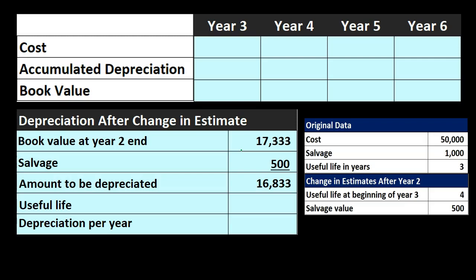16,833. Useful life, we're going to say, is 4 years now. So it's 4 more years. It's already been 2 years. And now we decided at the end of year 2 it's going to last 4 more years. 4 years, 16,833 to be depreciated divided by 4 more years gives us depreciation per year for the next 4 years, 4,208. So now if we calculate the depreciation or our book value, we get the 50,000 cost still, and